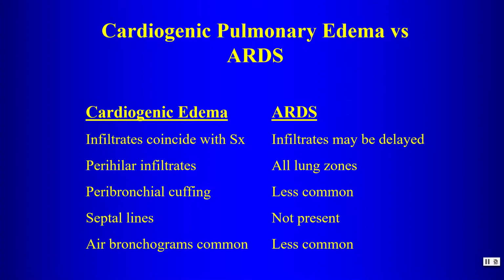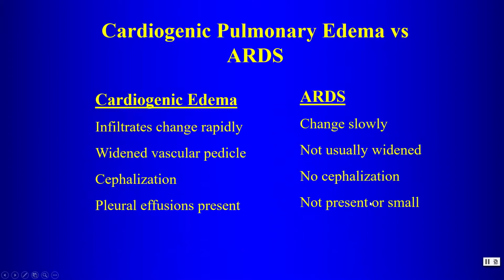ARDS will affect all the lung zones. Peribronchial cuffing is less common. Septal lines are also less common, as are air bronchograms. The consolidations can change rapidly, especially with gravitational positioning with cardiogenic edema, and they change very slowly and resolve very